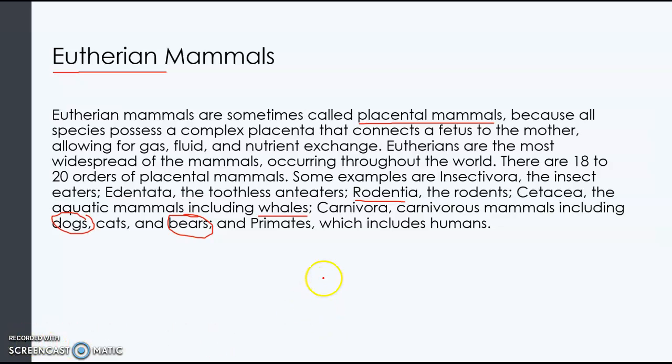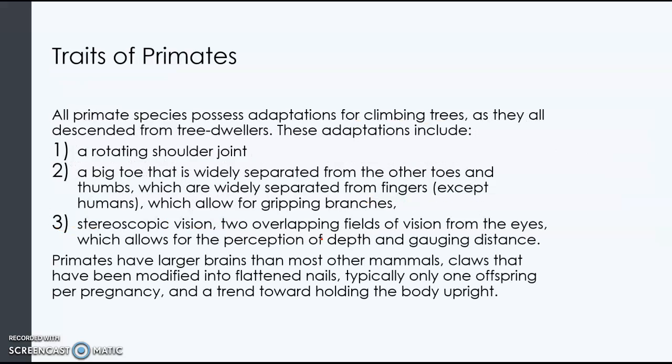I think you probably know that. And then primates, which is what I wanted to get to, is the primates. So in order to be classified as